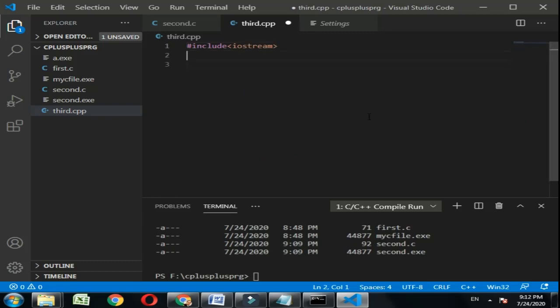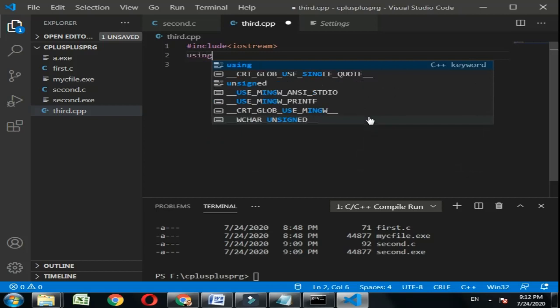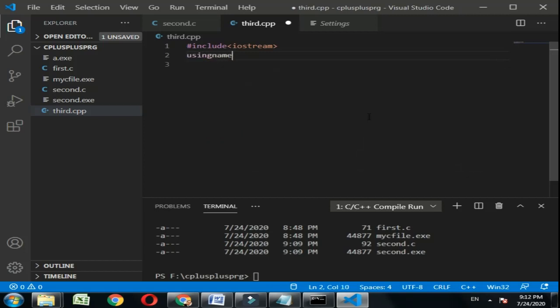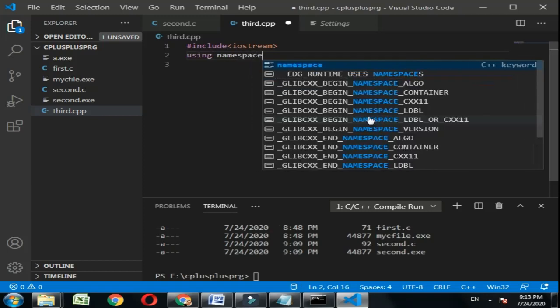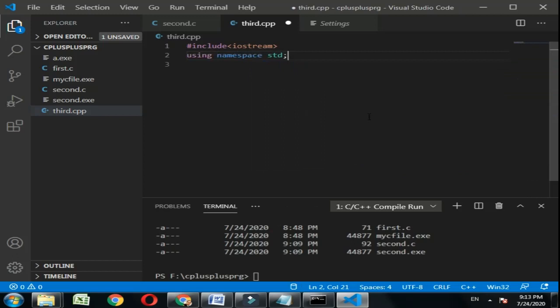If you are writing a C++ program, you need to write using namespace std. It is just to create a namespace because we will use the cout or cin function. Okay, so we need to use this particular thing, using namespace std.